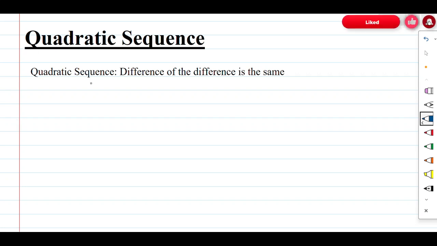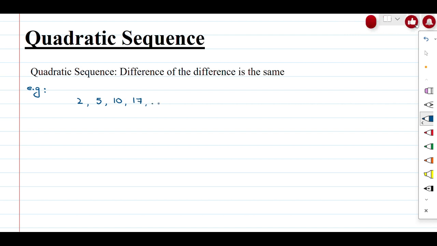Quadratic sequence. In a quadratic sequence, the difference of the difference is the same. What does this mean? It means the second difference is the same. For example, if I write down an example of a quadratic sequence, I have the sequence 2, 5, 10,